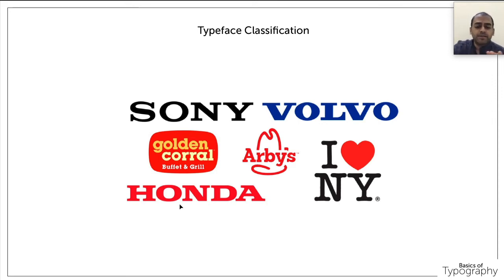For example, Sony, Volvo, Honda, all these are text only logos. There is not any single icon or element used here. Even Golden Coral is a text only logo, enclosed in a particular shape. So in a text only logo, where it has to communicate clearly to the audience, where the font has to be powerful, has to showcase the power and the strong feeling, the slab serif font has been used.